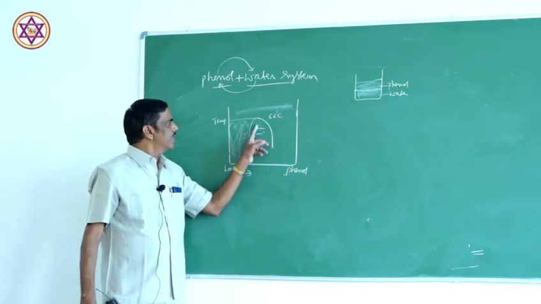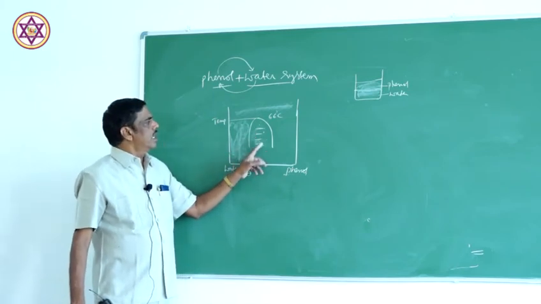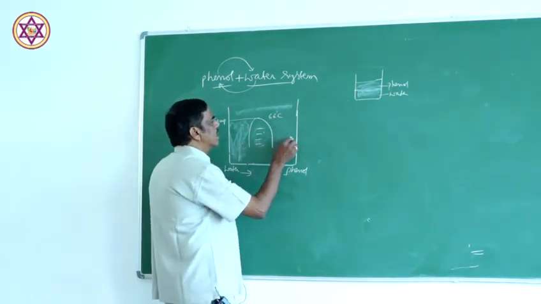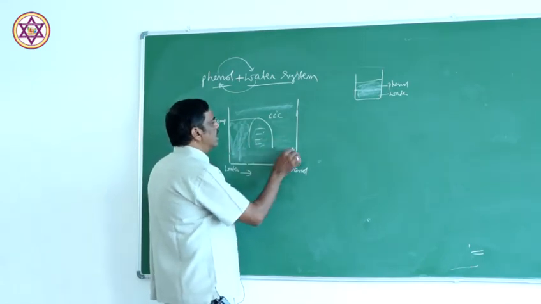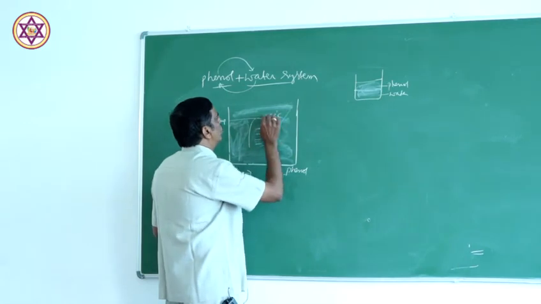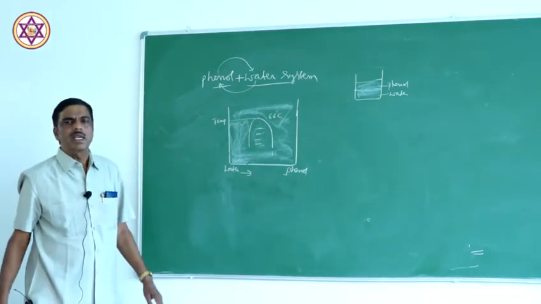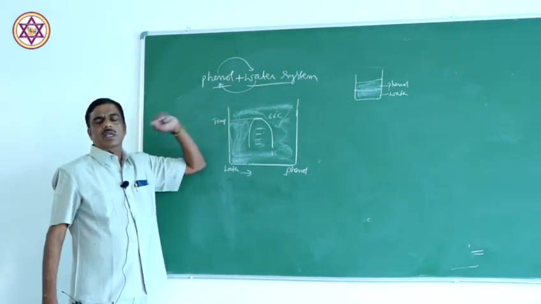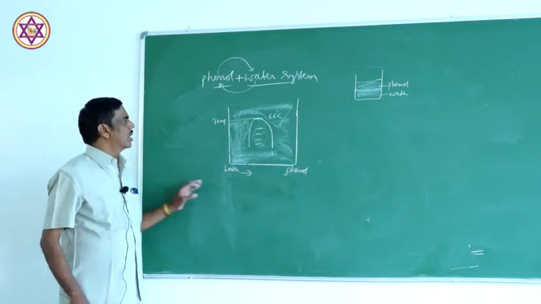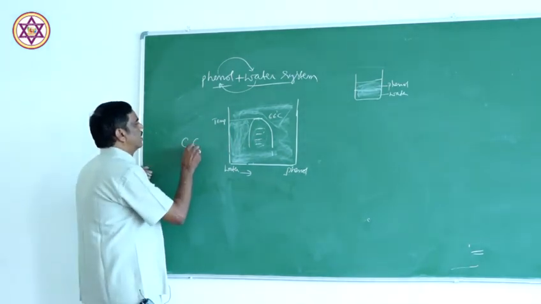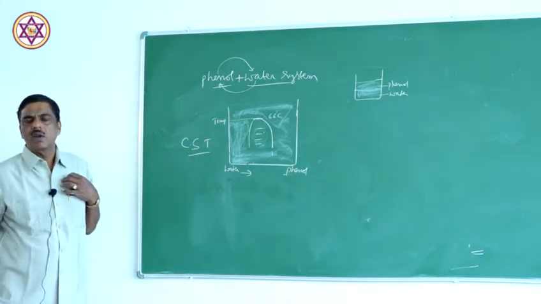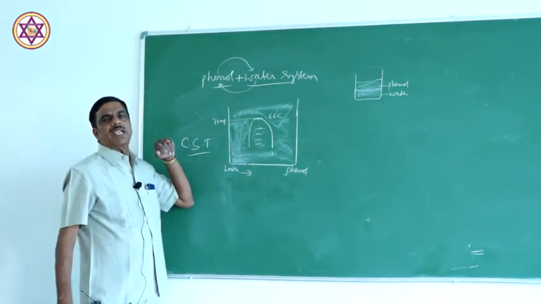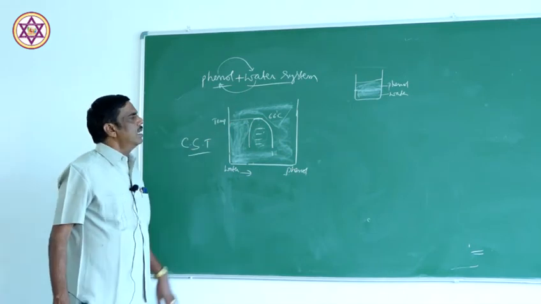So this is the region where there is separation. Above this, when the phenol amount increases and the water amount decreases, there also is complete solubility. So this is the solubility region, where water and phenol are completely soluble. So this temperature, above which water and phenol are soluble in any proportion, is the critical solution temperature of the phenol water system. The critical solution temperature of the phenol water system is 66 degrees centigrade. That is the speciality of this partially soluble liquid mix.